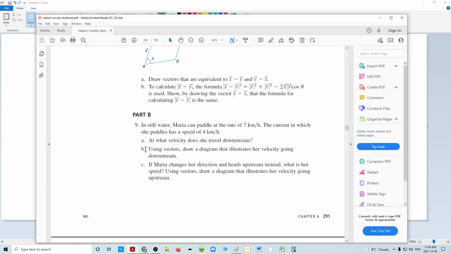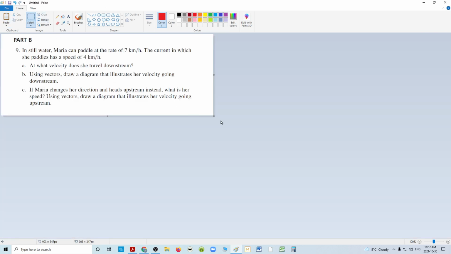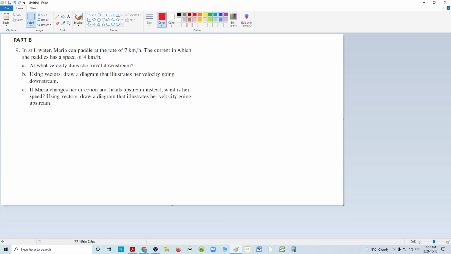In water, Maria can paddle at the rate of 7 kilometers an hour. The current in which she paddles has a speed. What velocity does she travel downstream? Okay. They just want you to represent it in vectors. So, fortunately, this is 2 dimensions. You're either going downstream, so the stream is moving this way, or you're going upstream